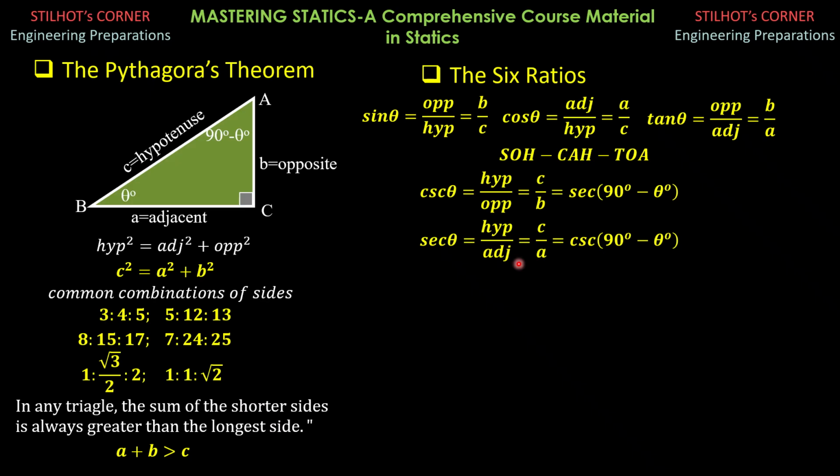Then cotangent of theta is adjacent side over opposite side, and that is A over B, and that is also the tangent of 90 degrees minus theta, which is opposite to 90 degrees minus theta, is A, and adjacent to 90 degrees minus theta is B. So from here, tangent theta is, if we divide the numerator by C, the denominator by C, so we have B over C, which is sine theta, then A over C, which is cosine theta. Tangent theta, therefore, is sine theta over cosine theta.